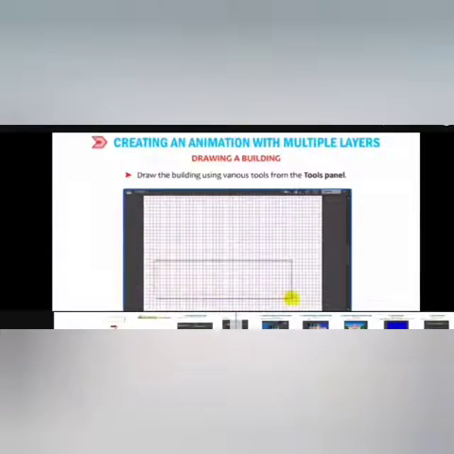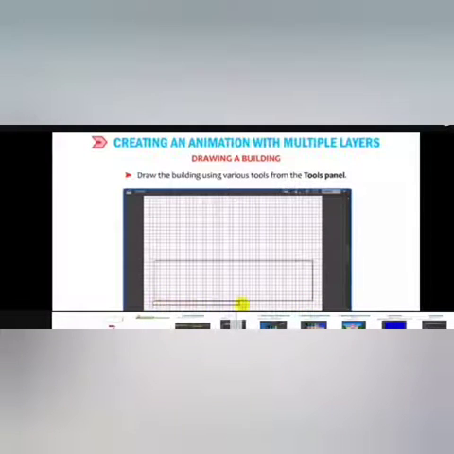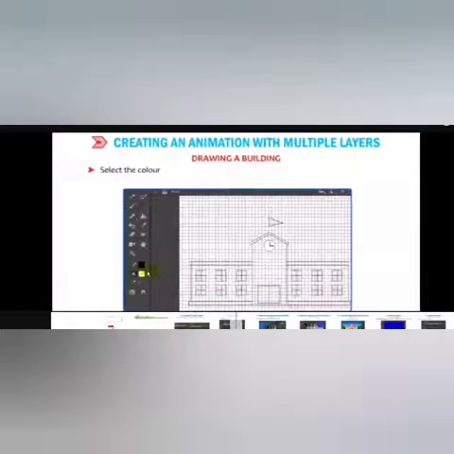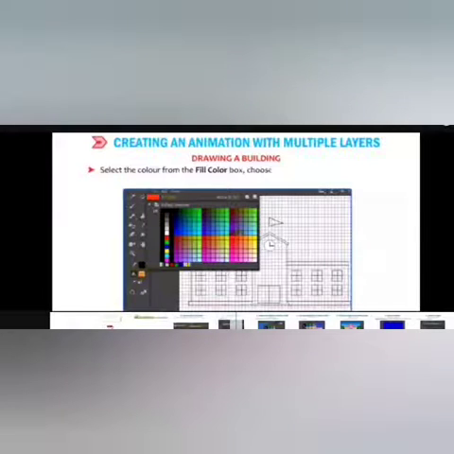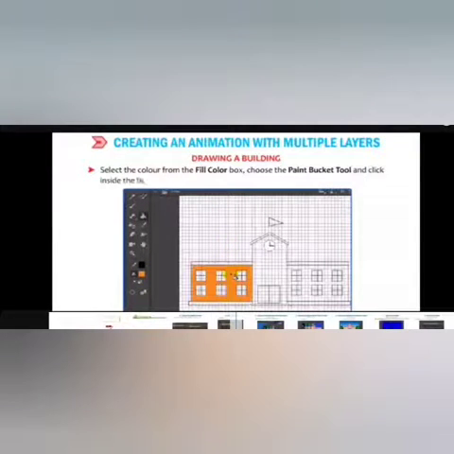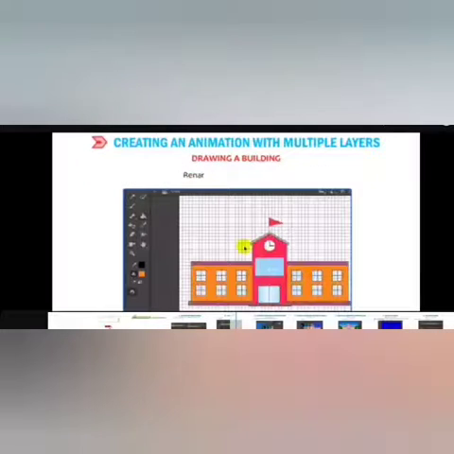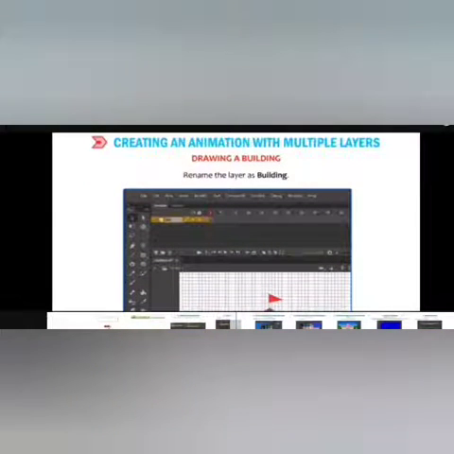Draw the building using various tools from the Tools panel, and select the color from the Fill Color box. Choose the Paint Bucket tool and click inside the building. Rename the layer as Building.